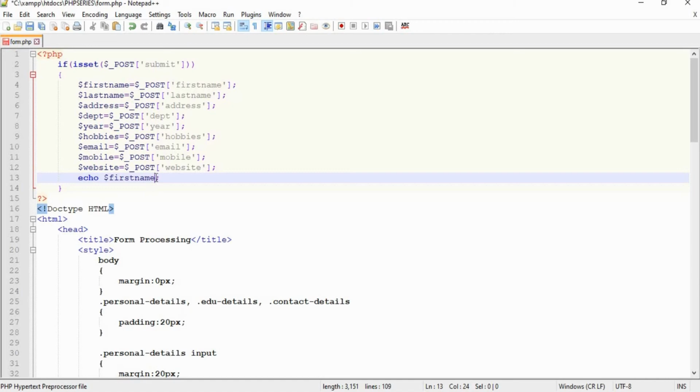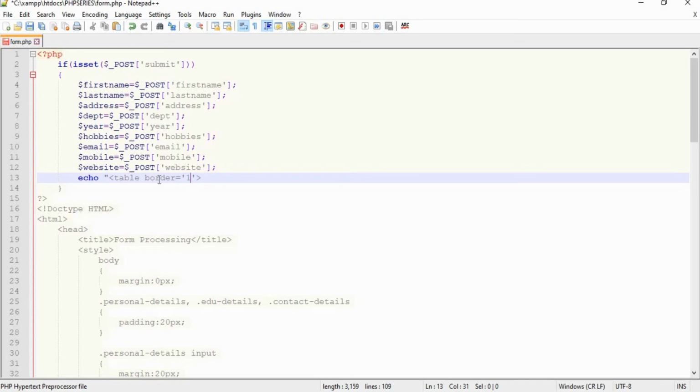and in another column we can print the value of that respective field. For that, first create the table structure. It is possible to write HTML tags inside your PHP using the echo statement, right? So now I am going to write echo table border is equal to 1, so that your table structure will be there, right?